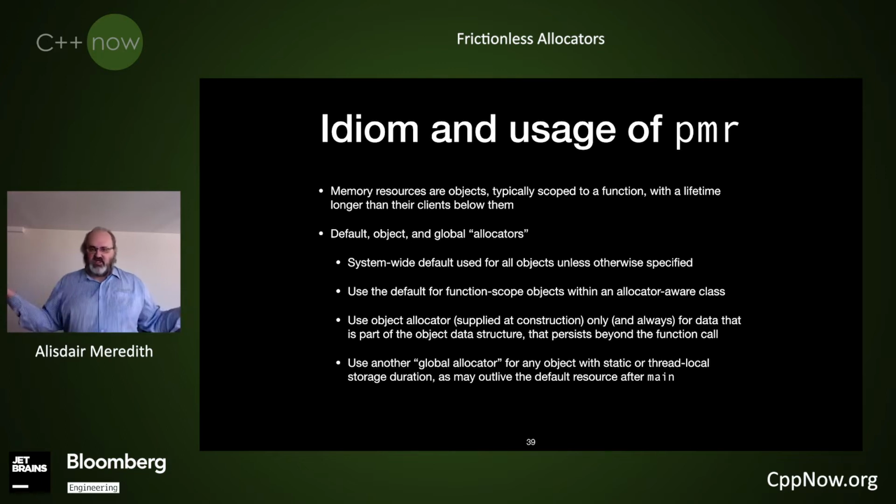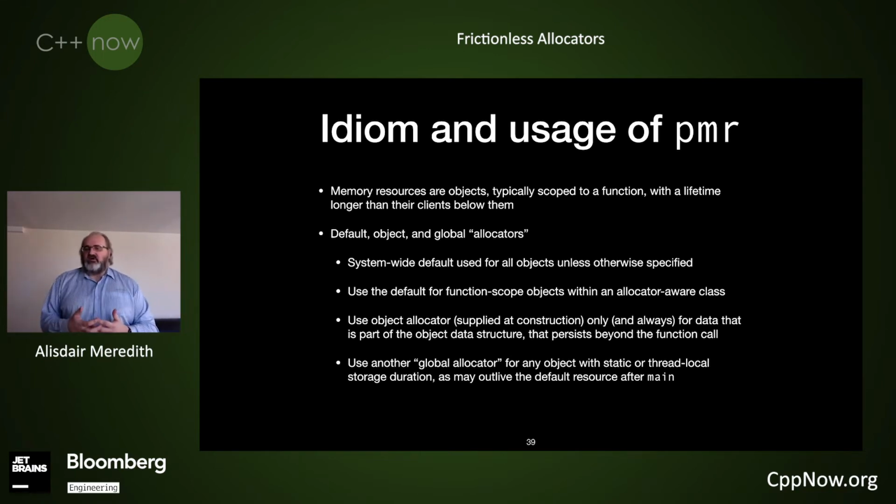We have the notion when we talk of default, object, and global allocators. The default essentially is a system-wide allocator that will be used by default. Global allocators are for static objects or objects that are going to exist beyond the function. Well, you should install those. But the object allocator is the allocator we're installing in a specific object. I'm creating a vector, a string, whatever. The allocator I install in that is what we refer to as the object allocator. And the question then comes up: I'm now writing a member function, like insert or something similar, that wants to allocate memory. Which allocator do I use? The default, the object allocator, or a global allocator?